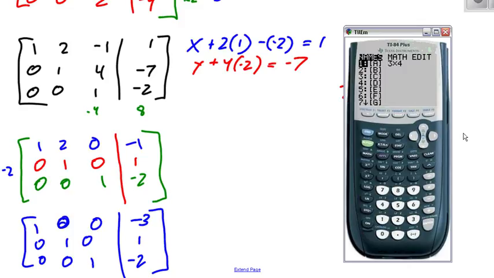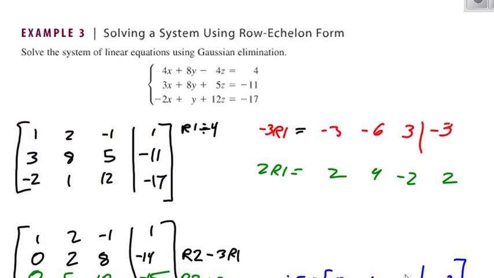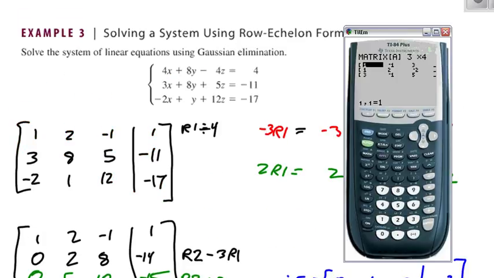If you enter it as a matrix, so let's edit that 3 by 4. Go back up and we'll enter the original matrix. 4, 8, -4. And 4. 3, 8, 5. -11. -2, 1, 12, -17,